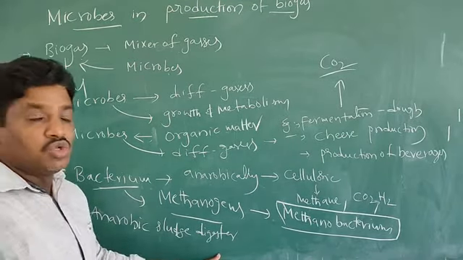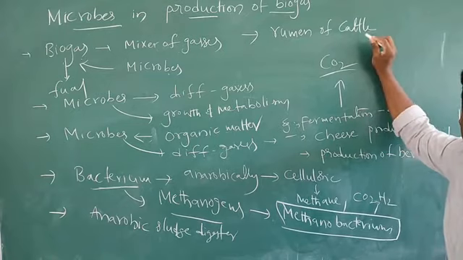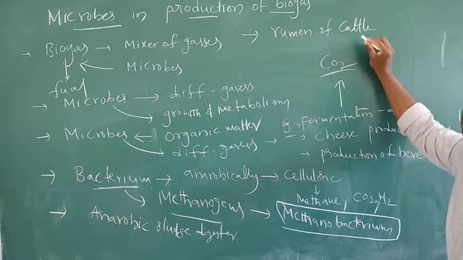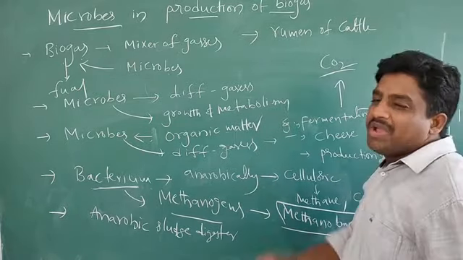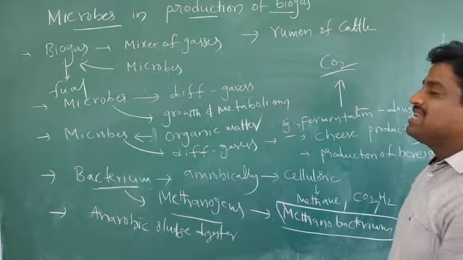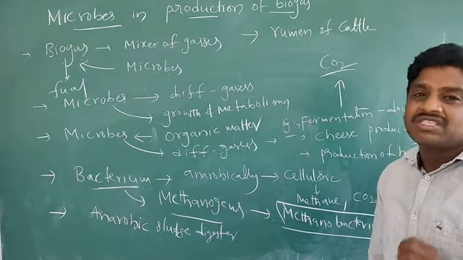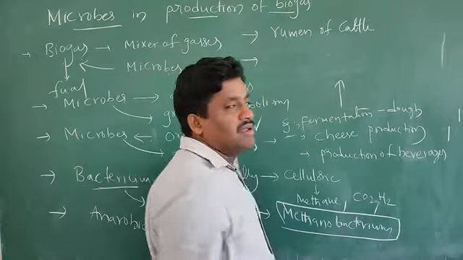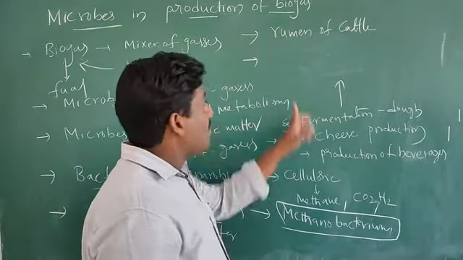Next, one more point. Such bacteria are mainly present in the rumen of cattle. Why? Because the cattle eat grass. Such grass material we call cellulosic material. So the bacteria are mainly present in the rumen of cattle. For which purpose are they used in the rumen of cattle? In the rumen of cattle, this methanobacterium